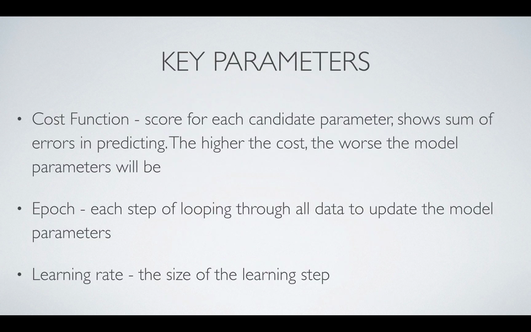So in machine learning, the key elements are the cost function, which shows the sum of errors in predicting your input, and the higher the cost, the worse the model parameters will be. So you need to make sure that the cost function returns the error as small as possible. This means that the model training quality will be better, and in the future it will do a better job